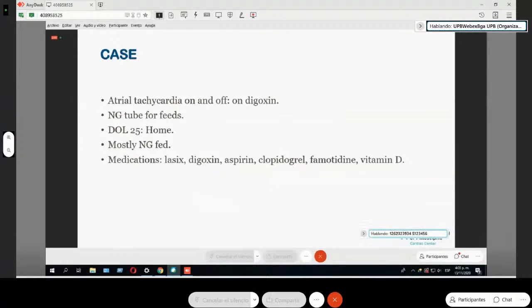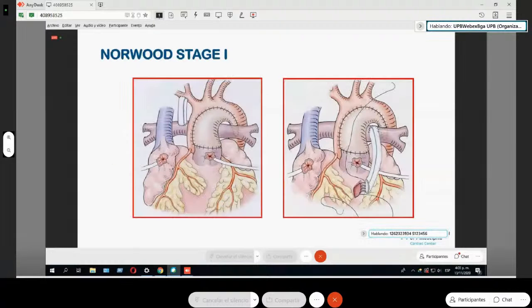predominantemente con alimentación con tubo nasogástrico. Este no es un curso atípico para un bebé de riesgo promedio o de riesgo bajo con síndrome de corazón izquierdo